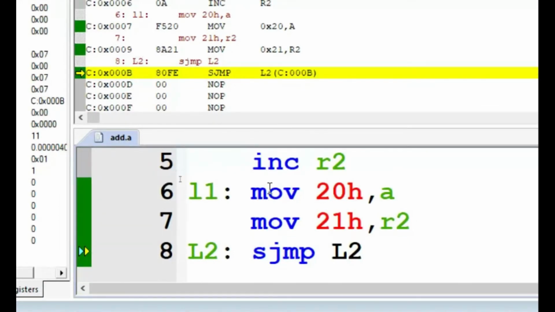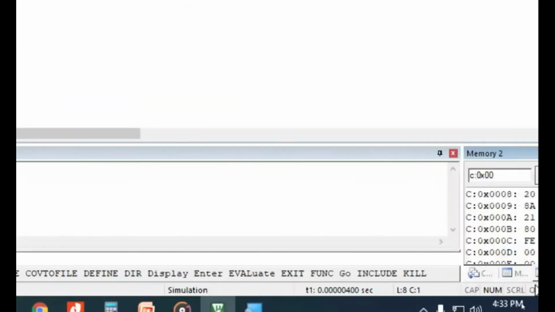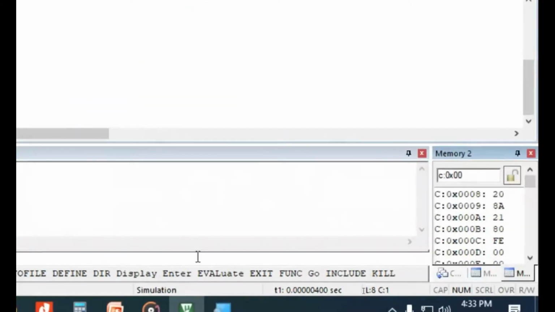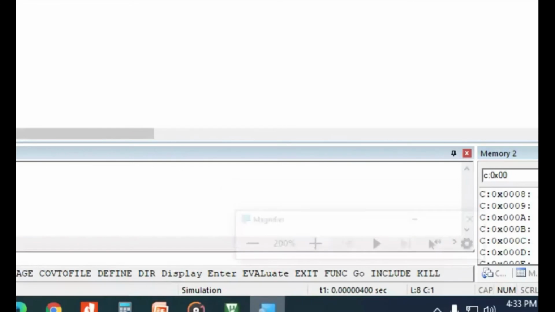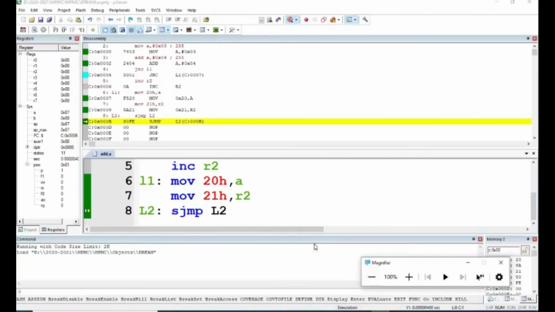Like this, we can write a C program. The C program will become assembly through the cross compiler, and assembly will become machine language by using the cross assembler. With the help of the linker, locator or loader, it will go to the corresponding memory location. Several software tools are available, and all of them are called the tool chain. The entire tool chain is available in a single package called the integrated development environment. So Keil will take care of everything, and we don't have to worry about it. We can just write the code.